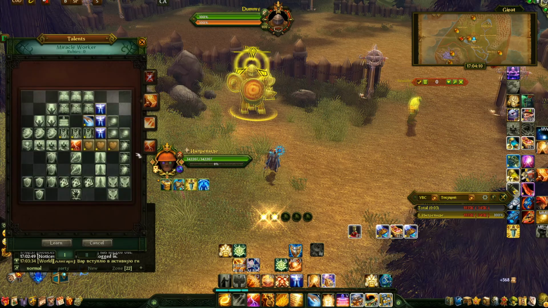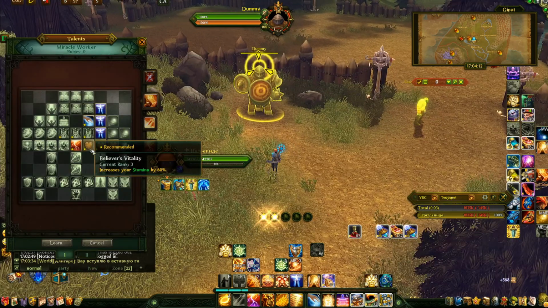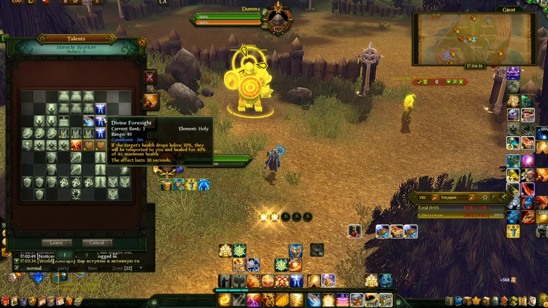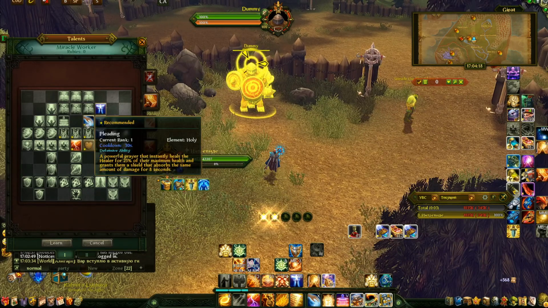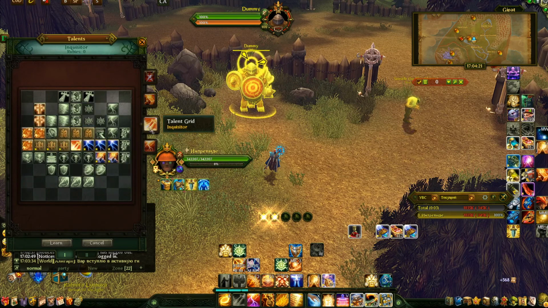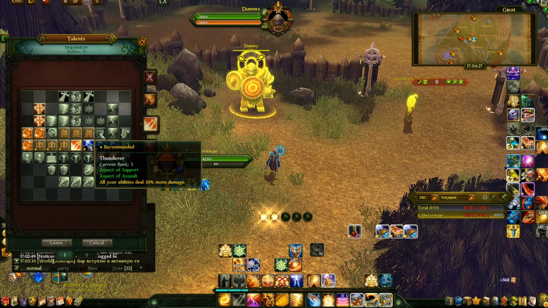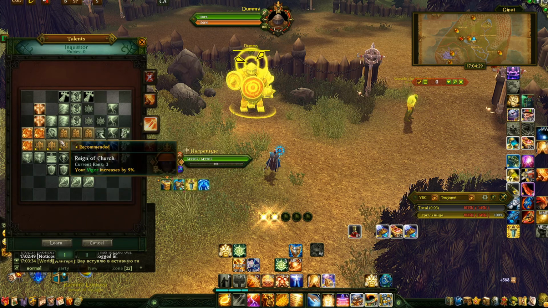So first grid of rubies, the defensive one, so you increase stamina, Divine Foresight, which you can take rank 2, that is enough, and Plating. On the second one, so basic range rubies, so dots, overall damages, brutality, vigor, and then